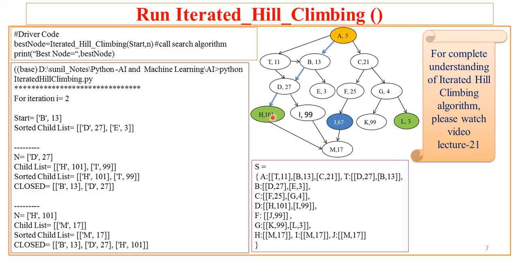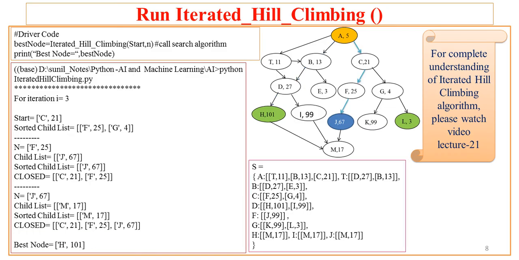Now H is the node having the higher heuristic. But because we are dealing with a maximization problem, at this point the algorithm stops. So this iteration is complete. In this iteration with random candidate B, it has traced the path to the maximum heuristic value node. This is called a maximization problem. Now the third iteration is the last iteration of the algorithm, since n is 3, that is, the number of iterations to be followed is 3.